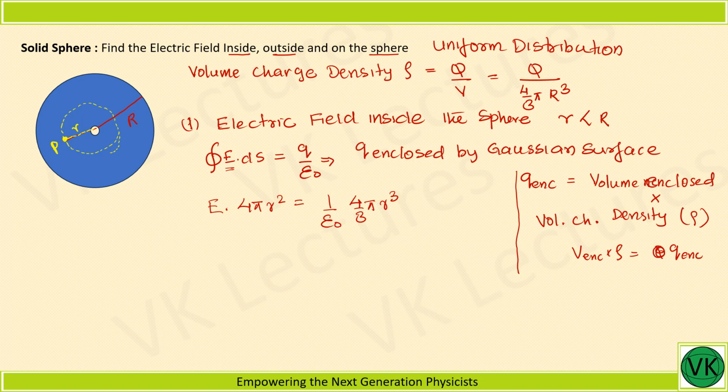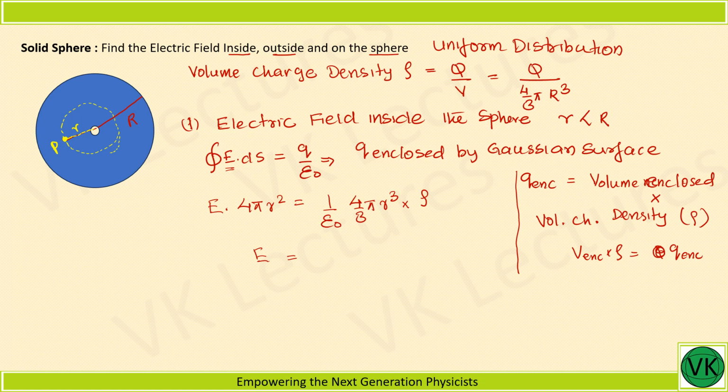So this is the volume of this sphere that is given in the yellow color. So volume enclosed into rho. So now we can write E is equal to